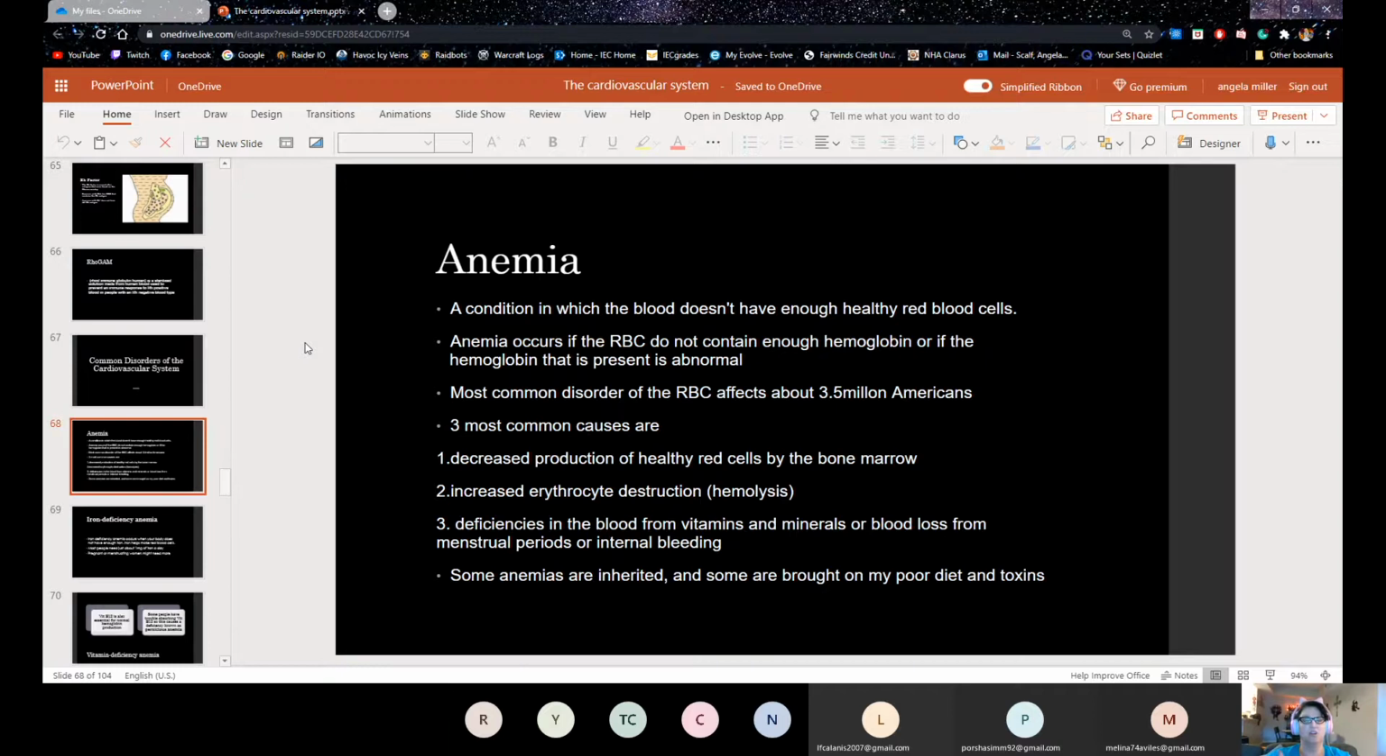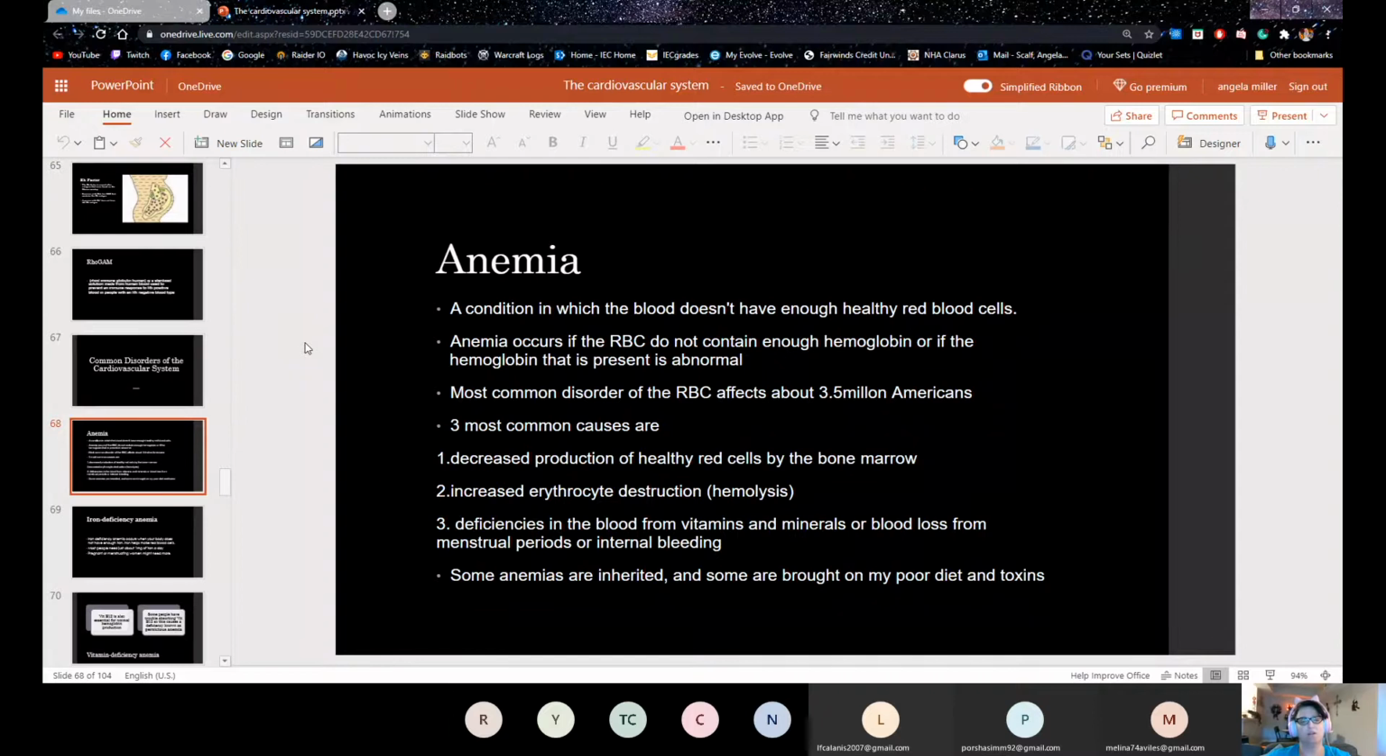Oxygen is vital for all of our functions, and not just thinking about the cardiovascular system, but for every other system in the body. And so we see anemia affect people with some different symptoms, and we're going to get to those. The three most common, like I said, is a decrease in healthy red blood cells, an increase in the destruction for some reason of those blood cells, and then